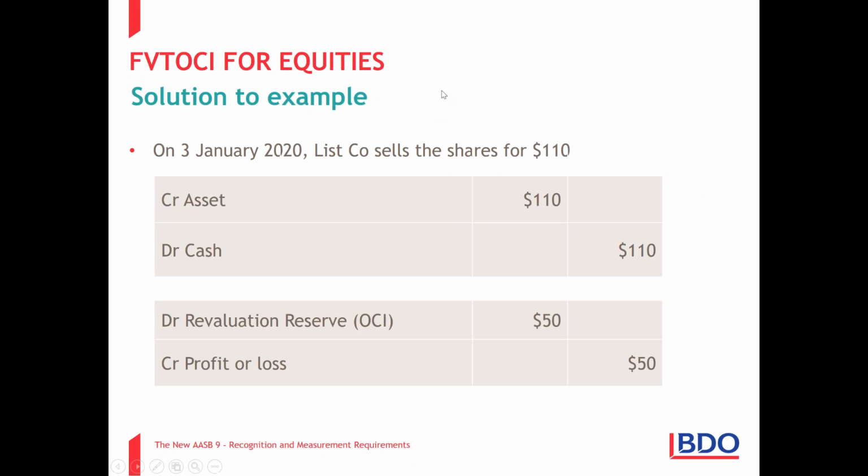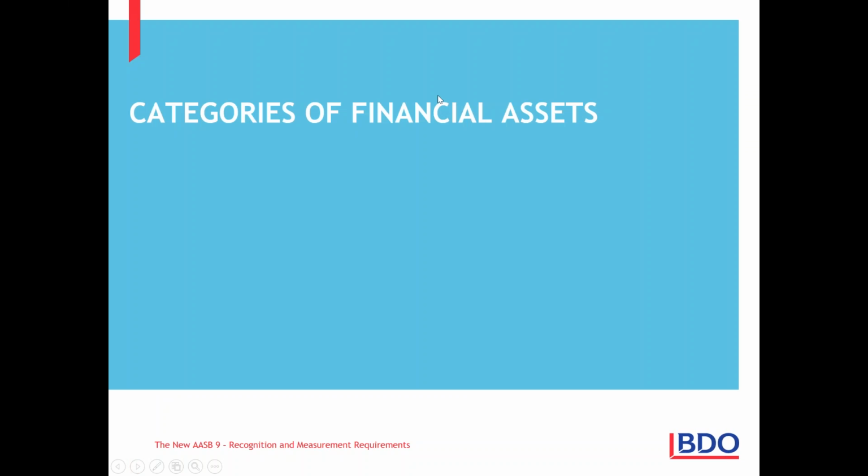And then, let's say on the 3rd of January, we sell the shares, we would say debit cash 110, credit the asset 110, and then also we'll move from revaluation reserve to profit and loss the $50. Remember, as soon as we've sold the asset, we do not want a revaluation reserve. Therefore, we would clear that revaluation reserve to profit and loss. Again, I do apologize. The credit asset, debit asset there is correct, but somehow I've mucked it up on that side. All right, so that's the problem that we currently have with available for sale financial assets.